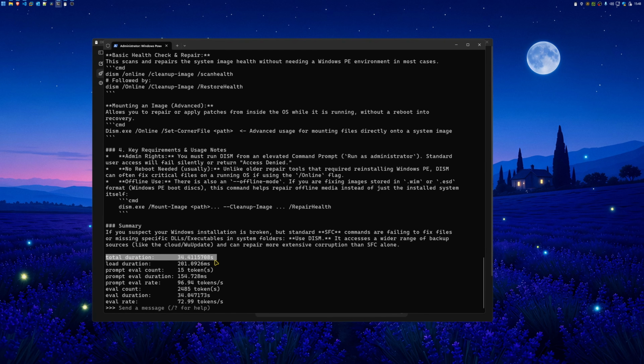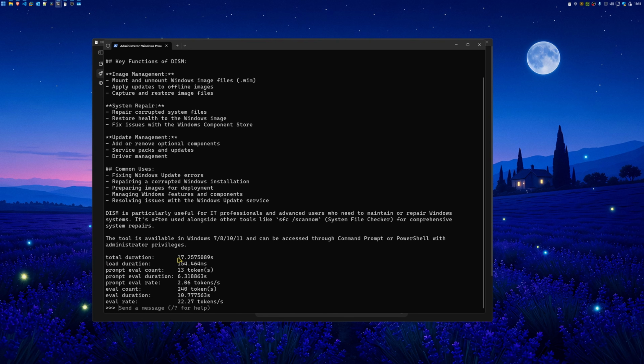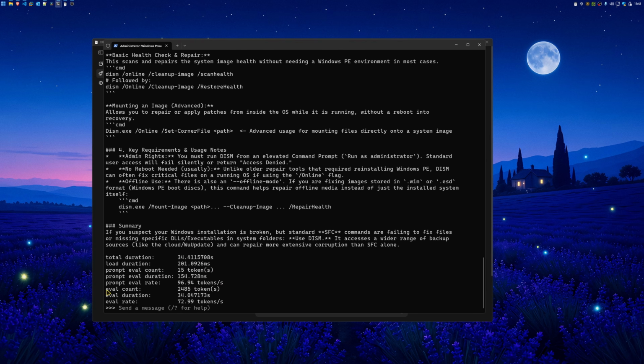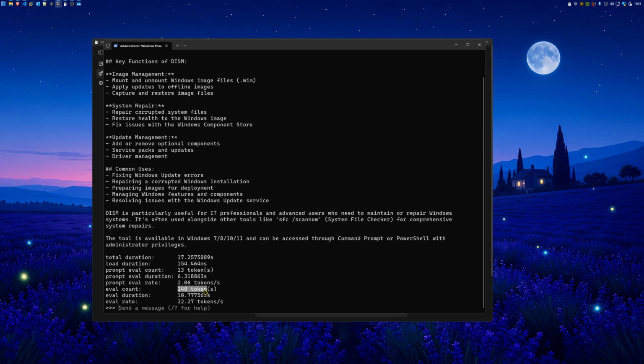But now here's the thing. That 4B model, the fastest one per token, actually took the longest to give me a finished answer. It took 34 seconds, against 17 seconds for the other two. And that's because it's a thinking model. Before it answers, it writes out a whole reasoning process for itself. And for my simple question, it wrote nearly 2,500 tokens to get there, where the coder model answered the same thing in about 240. So the lesson is, tokens per second isn't the whole story. A thinking model gives you more careful answers, but you have to wait for them.